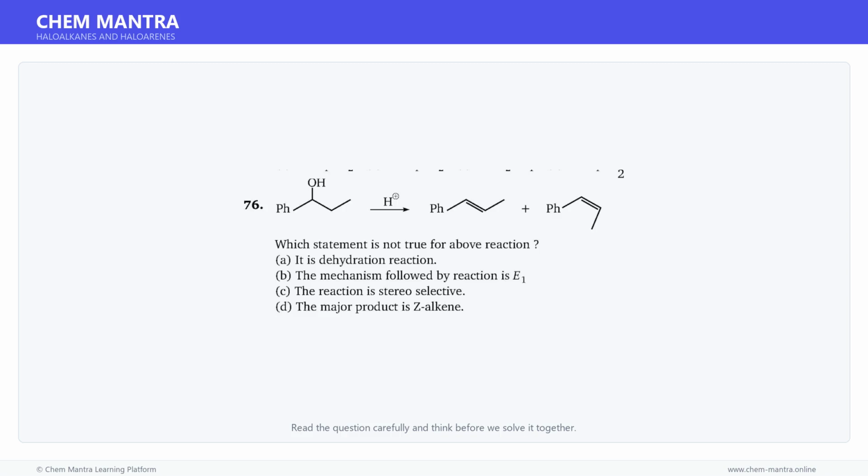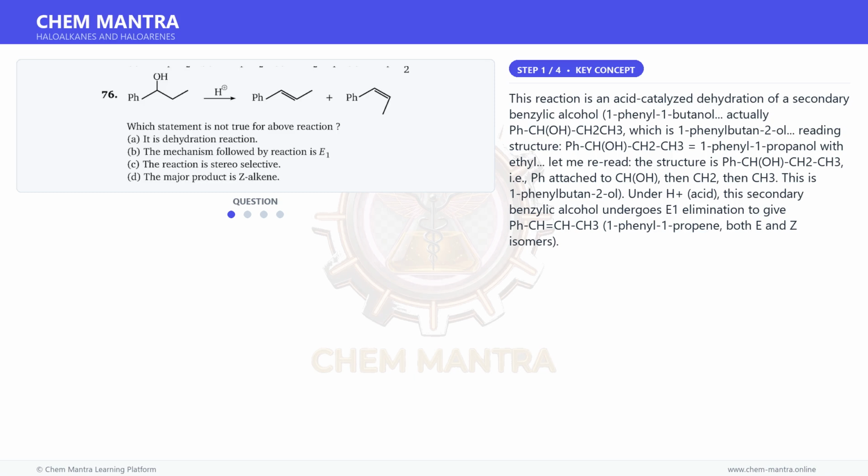Here is a question. Read it carefully and think about the answer. Let us solve it step by step. Let us first understand the key concept here. This reaction is an acid-catalyzed dehydration of a secondary benzylic alcohol,